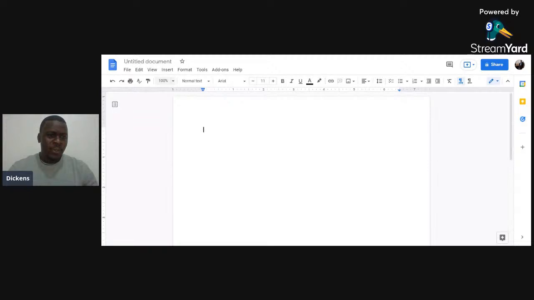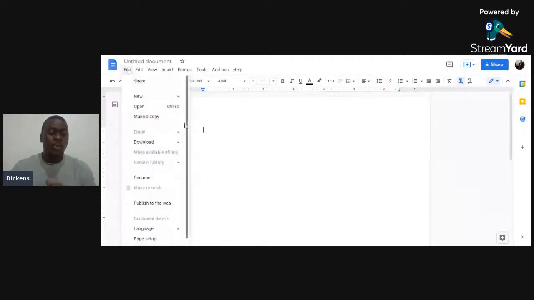So let me go to file and show you how this document can really help you collaborate with others. Let's say you have created a document and you want to share it with people. We have a feature here, make a copy, for instance.